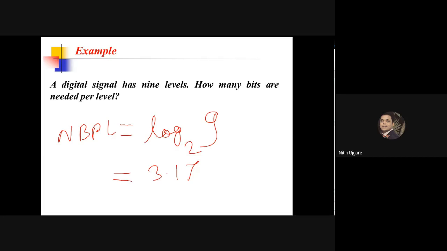Because a digital signal always holds a discrete value, and here you can see that this is not a discrete value, this is a continuous value. That's the reason whenever you have answers like this, you never say that a signal can carry 3.17 bits. So we just round this value up to 4 or 3. But in most cases, we will round this value up to the higher side, that is 4. We neglect the lower side. So the right answer for this question is 4.